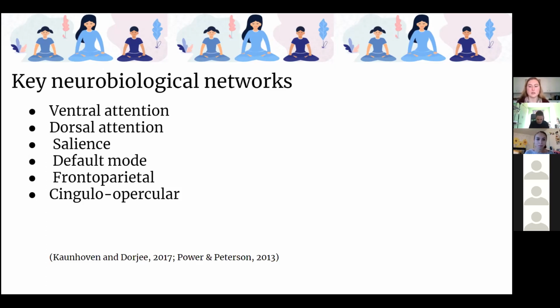Finally, we have the cingulo-opercular network, which oftentimes leads to anxiety disorders. When it gets overactive, children or adults feel the need to have more control in ways that are not typical. And overall, developing connections during maturation between the salience network, the frontal parietal network, and the default mode network is critical for task switching skills and limited mind wandering.